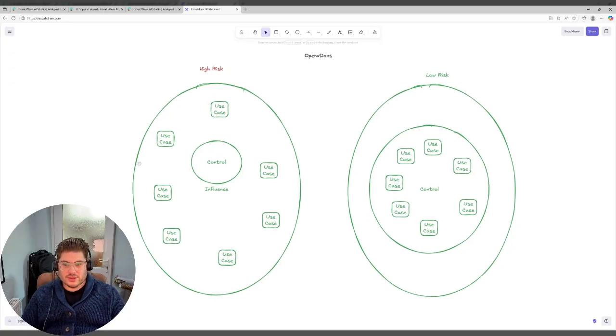And ultimately, this is what the picture looks like eventually when it gets into operations. On the left, you'll have no control, but you have influence. This is where product teams working directly with businesses have delivered things in isolation of each other. On the right-hand side is where the developer teams and no-code users, etc., have built within a single platform. You retain control of the use cases, and that's critical because you're going to have to upgrade the models at some point.